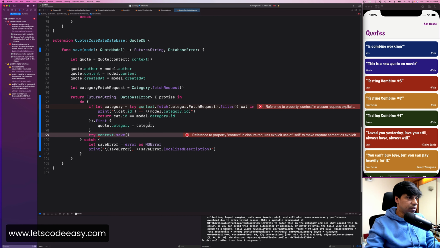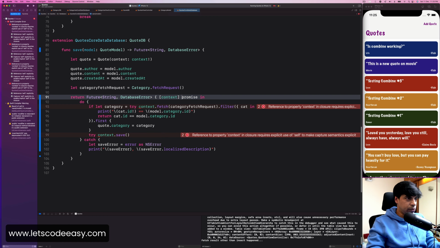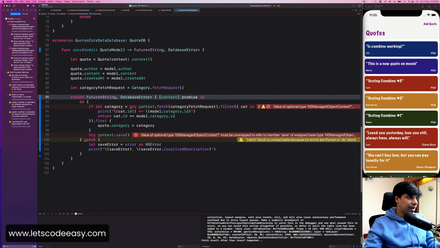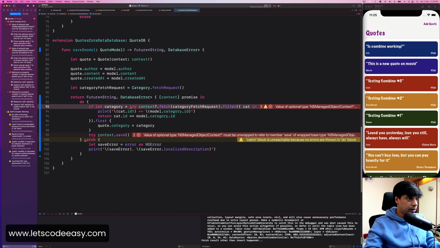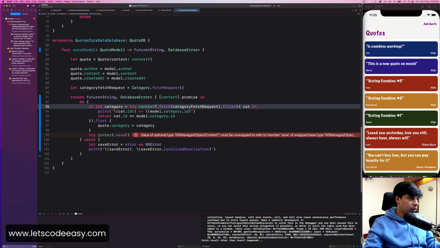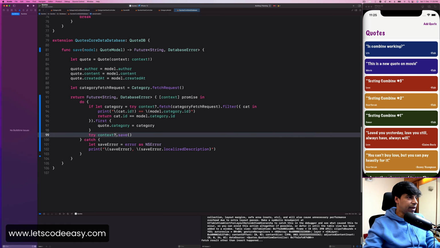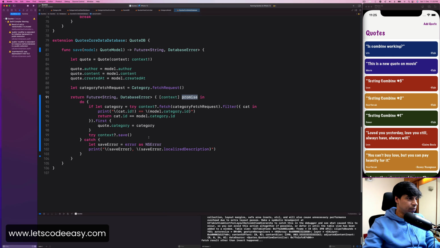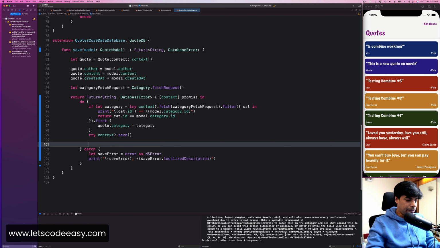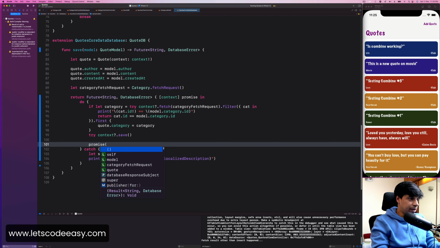It's already giving some errors because I need to pass the context through a closure parameter, and this is an optional, so I need to handle even that. Now this is pretty much okay, but we are not yet done. We still need to use the promise. Let's say as soon as the save has completed, I will call a promise and then pass a